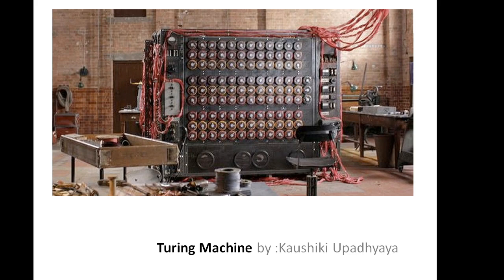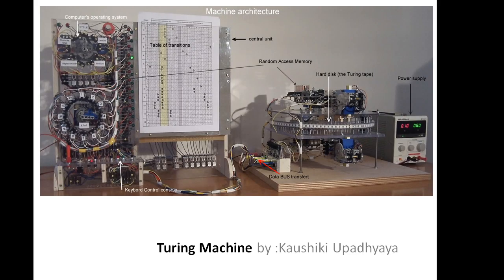Okay, so let's see a more defined architecture which we generally use now as a computer. On the basis of this abstract model, the computers that we use today are designed. Here you can see the machine architecture that was then rebuilt and enhanced. This is an older version, but I will show you this so that you get a brief idea. Here is what you see, the Turing tape.